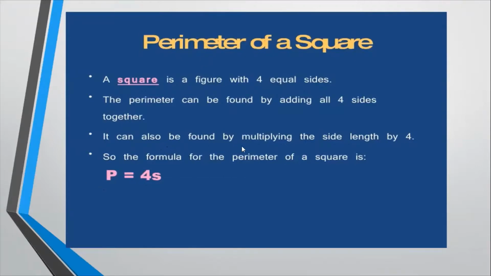So it can also be found by multiplying the side, because a square is having all sides the same. So instead of adding the same number 4 times, what we do, we multiply it 1 time by 4. That is 4 multiplied by, we are doing the example. आपको उससे ज़्यादा अच्छा समझ आ जाएगा.